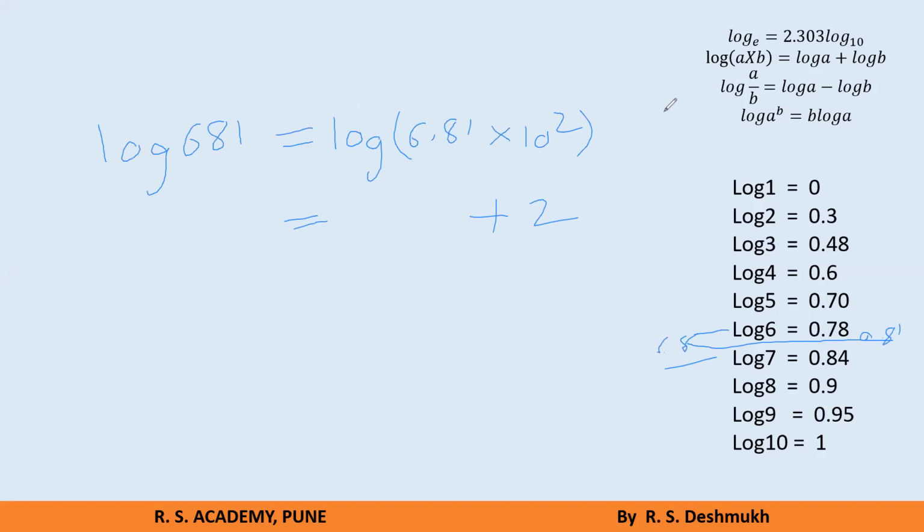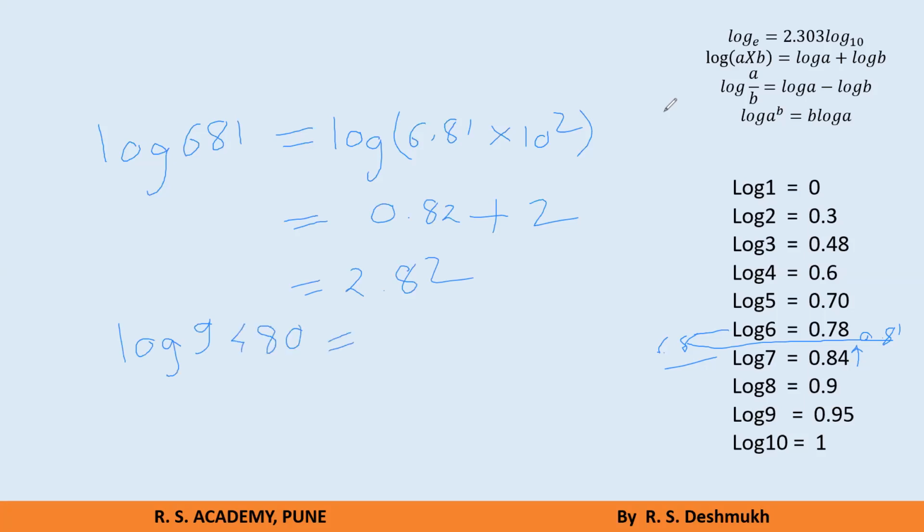If I want to find out the value of 6.8, that is near to 7. So the value of 6.81 in log will be near to 0.84. Let us say it is near about 0.82 or 0.83. So let me consider it as 0.82. So it will become 2.82. So now if I take any value, you can directly write, just practice it.